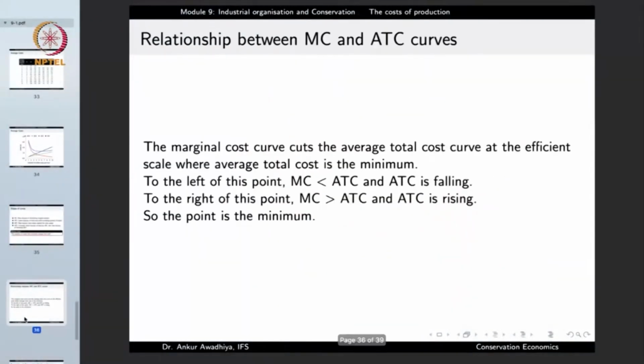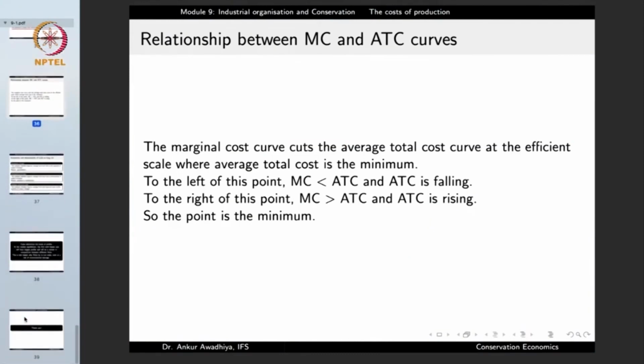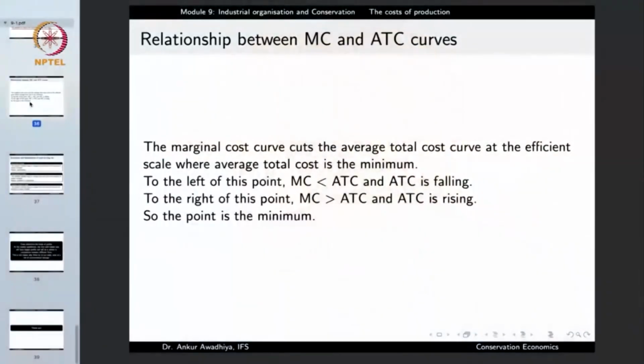So we will find out that the relationship between the marginal cost and the average total cost is that the marginal cost curve cuts the average total cost curve at the efficient scale where the average total cost is the minimum. Now, why is that so? The marginal cost is the cost of producing an extra unit of coffee. So the increase in cost for making one more cup of coffee. Now, in this case,